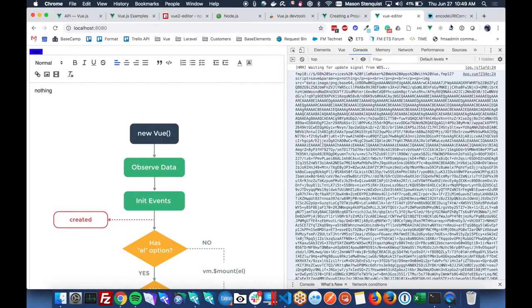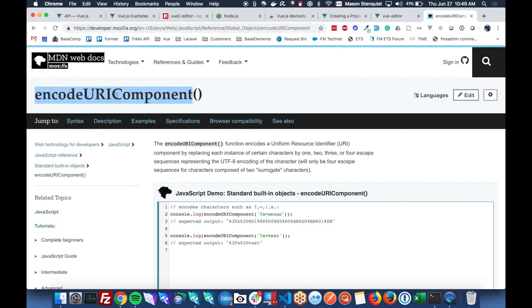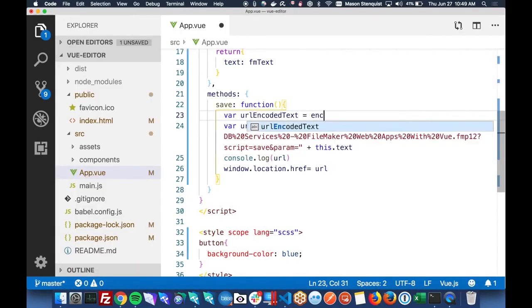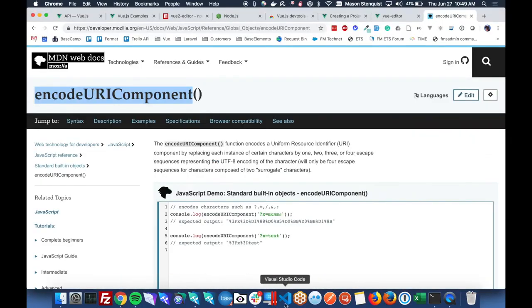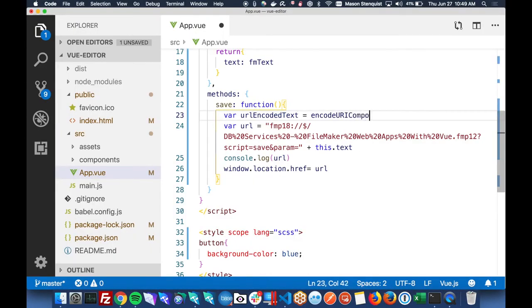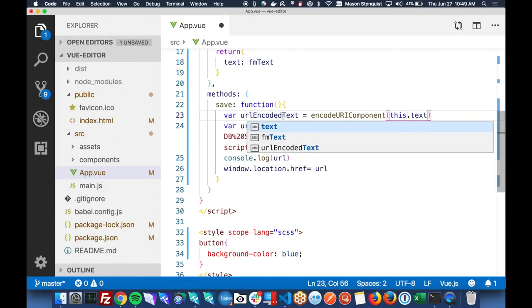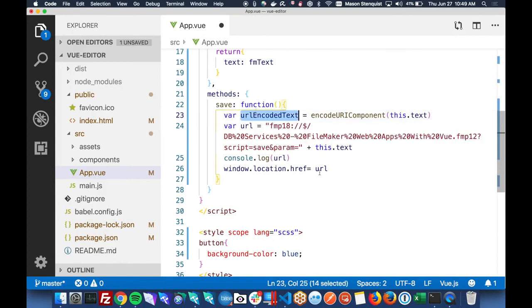Well, I have it saved here. Capital C, Component, and this dot text, and then we'll pass that.